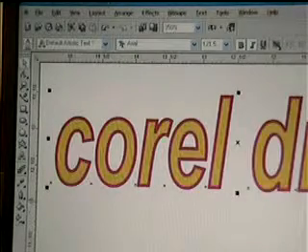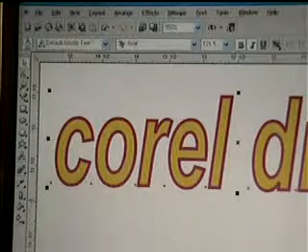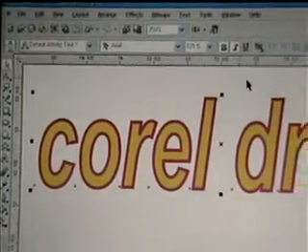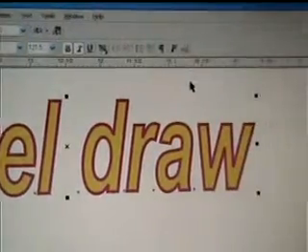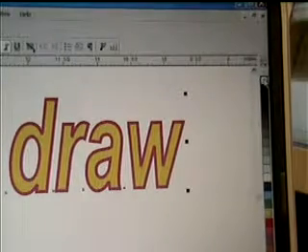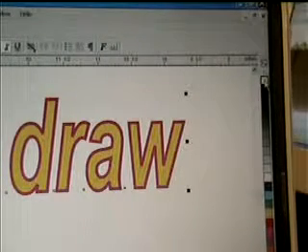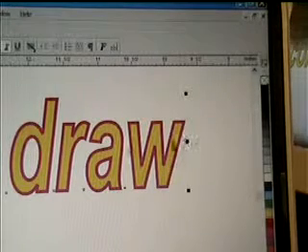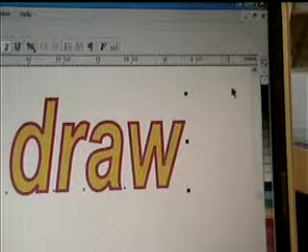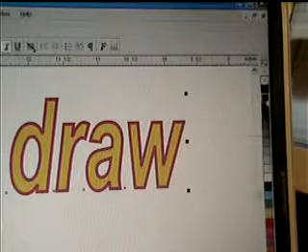Now if I don't want an outline on this text, up at the top, we can just pan over for just a second over here to the color palette. This button right here at the top of all the color palettes is what they call the no fill, no outline. In other words, if I left click on this, there's not going to be any fill here. I can see straight through to anything that was behind it. I don't want to do that. What I do want to do is right click on it though. So if I remember, it's a left click on this color, it's a fill color. If I